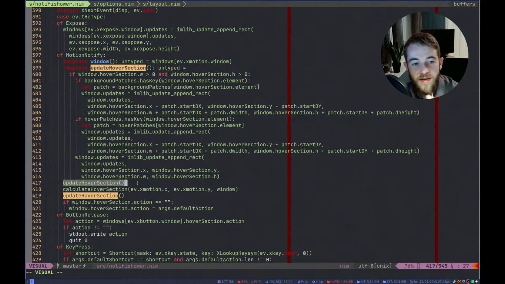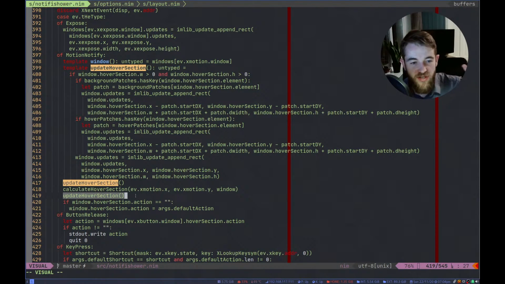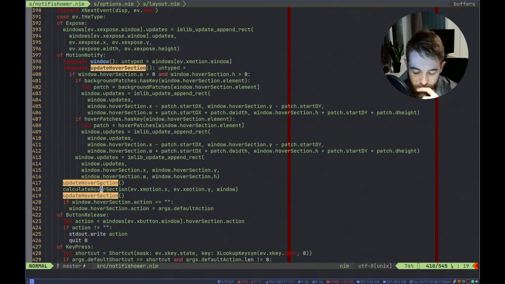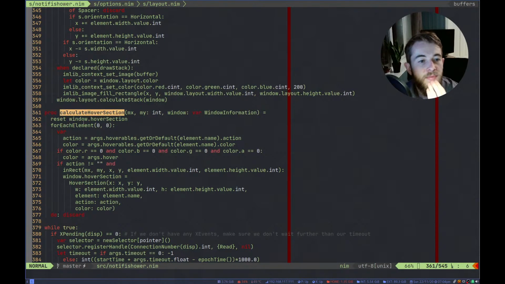So we say, oh, now we need to redraw what we were currently hovering, and then we check if we have done something with our hover, and then we add damages for the new hover as well. This could be conditional to save us some drawing, but we're not doing that right now.